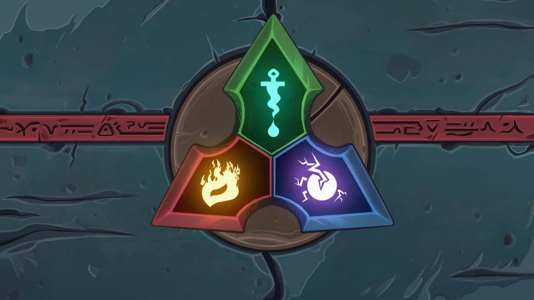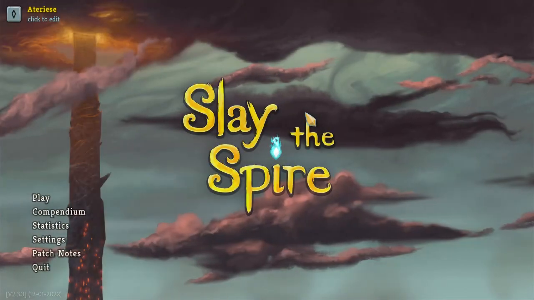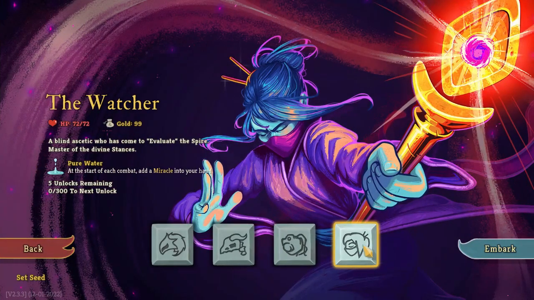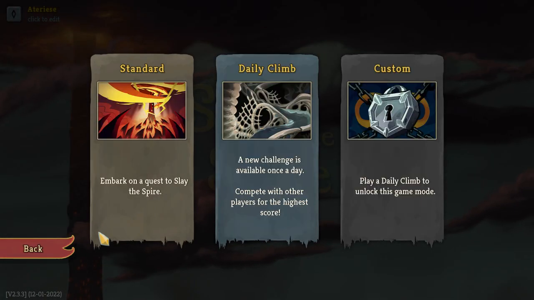Alrighty. That is all 3 of them done. Now we can go to Act 4, which I'm not prepared to do at all. And the next time we play, we can try playing the Watcher. Because I'm going to have to call it here. But